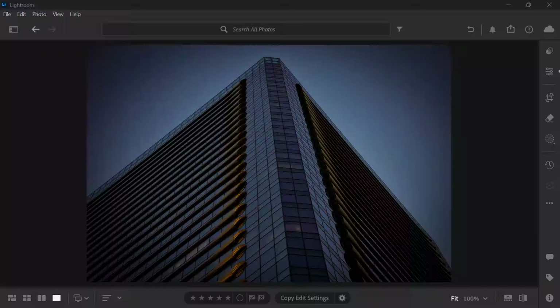If Lightroom is showing an out-of-memory error, don't worry, because in this video, I'll walk you through the fastest fixes you can try right now on Lightroom Desktop. These steps are simple, safe, and designed to help you get back to editing without crashing, freezing, or running out